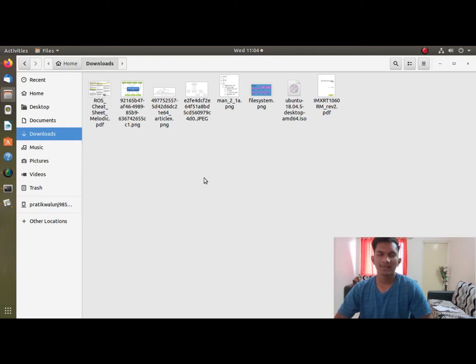For example, if I have to store the IMU data, I have to store the changes in IMU data during the whole simulation of the robot. So I'll record the IMU sensor data in this bag file, and after completion of my simulation, I'll go and check by giving the command rosbag play.